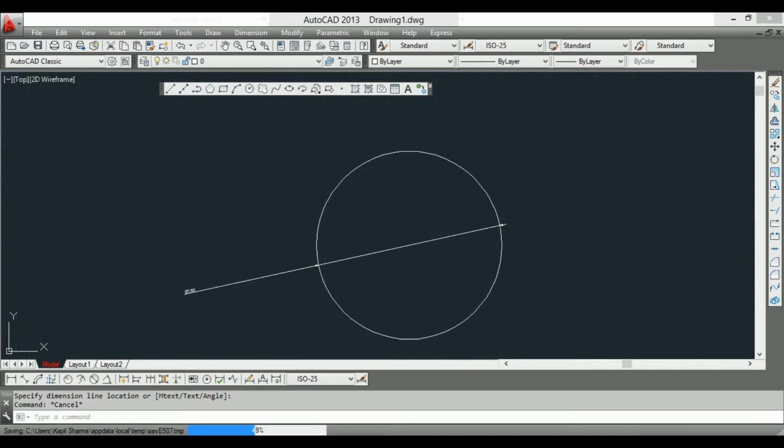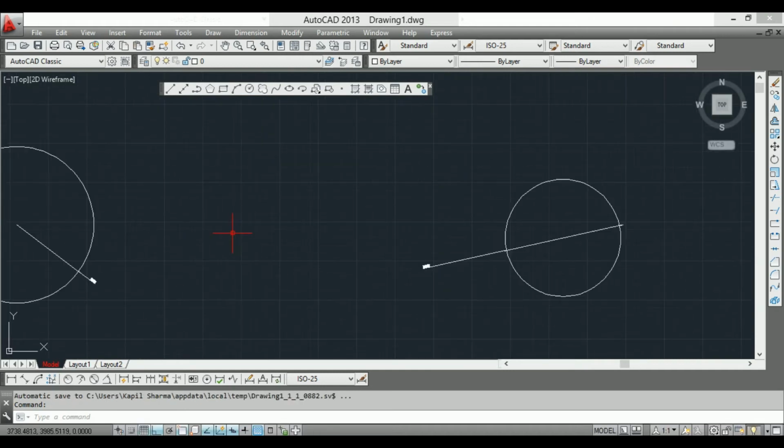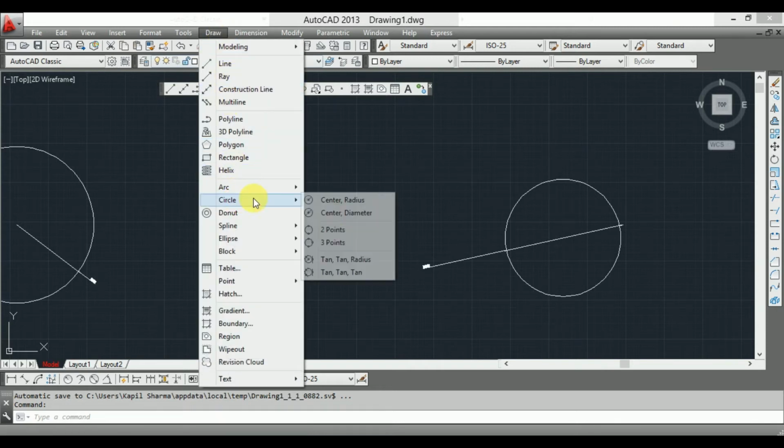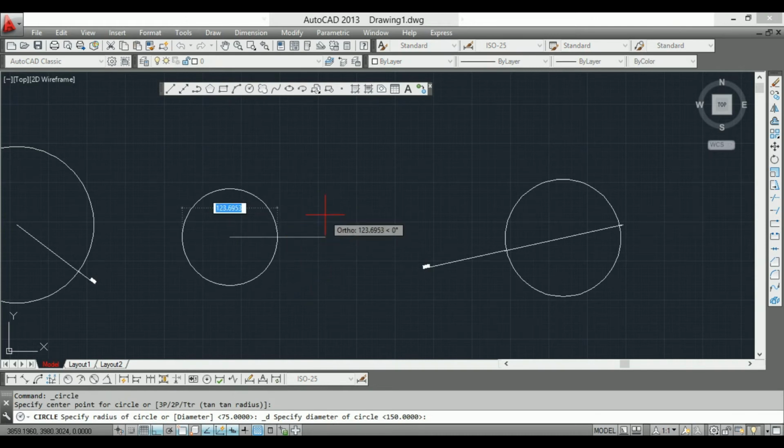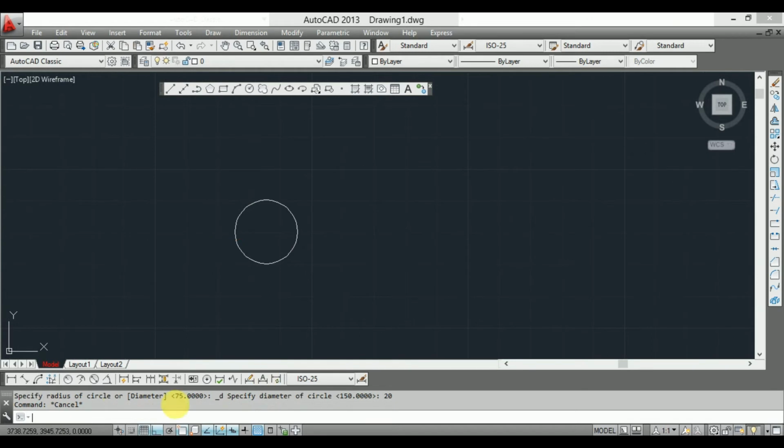If you want a 20 mm diameter circle, then you go to the draw command, circle, and again specify the center, and this is a 20 mm diameter circle. You can see it.